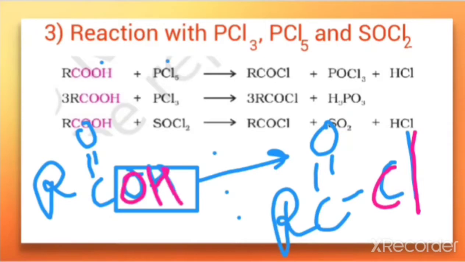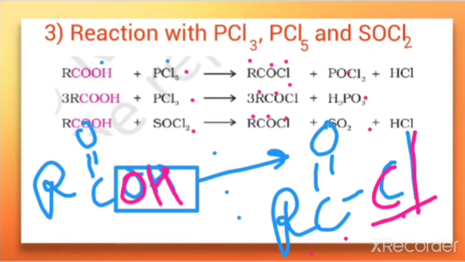So when you are making this type of equation reaction, what you need to do when there is an acid, and if it is PCl5, PCl3 or SOCl2, is just remove the OH from the acid part and keep a Cl in the place of the OH group. That's why you're getting the product RCOCl. That is what is written, RCOCl. And in all these cases the main product is the same, that is the acid chloride is formed, but the side